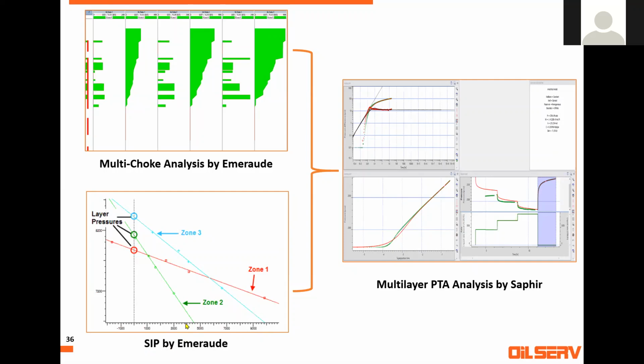I cannot remember the name. The AOF, absolute open flow. You call it where this intersects with the X line. Okay, and usually how many flow rates do they go? If they go for more flow rates, more different flow rates is better actually. Okay, practically 2 with 1 shut-in or 3 with 1 shut-in. Practically, for PTA, if you have 3 or 2 flow rates, it will be a really good PTA analysis.